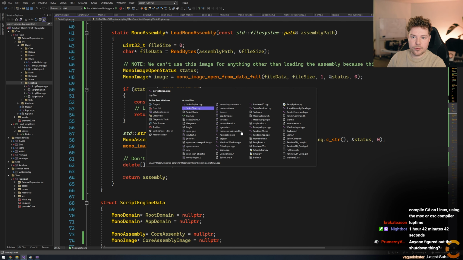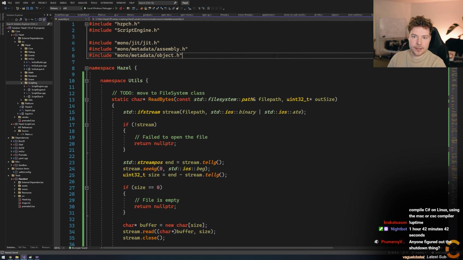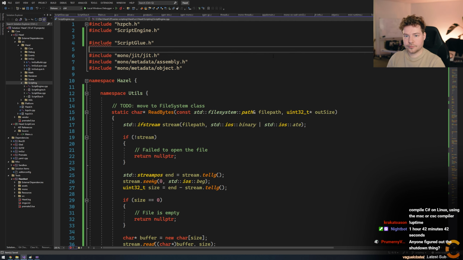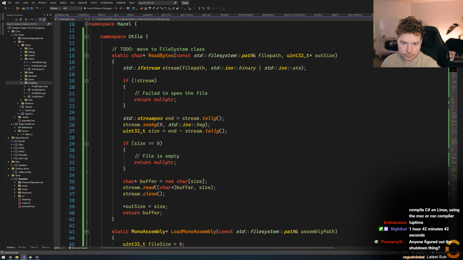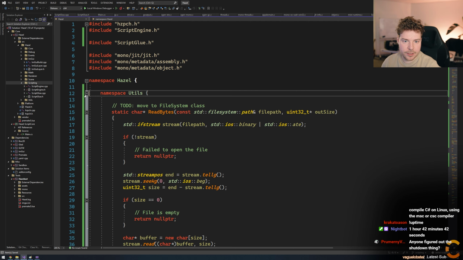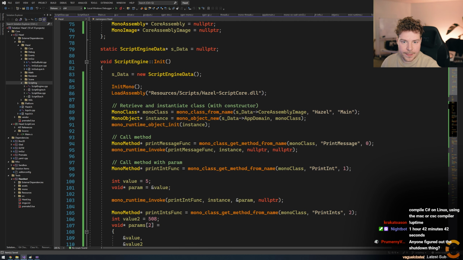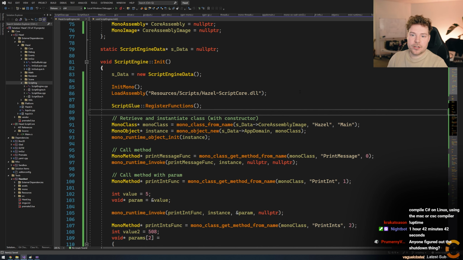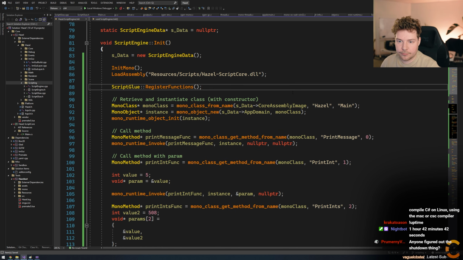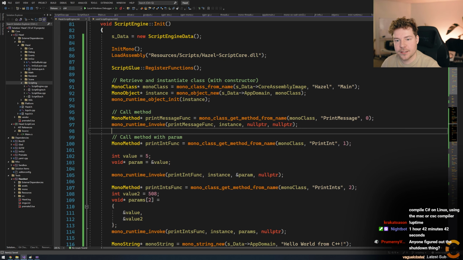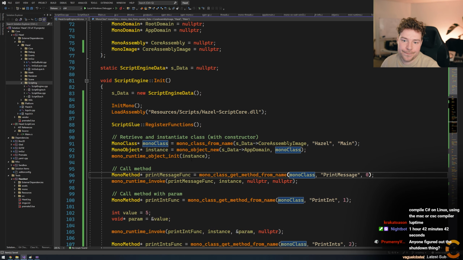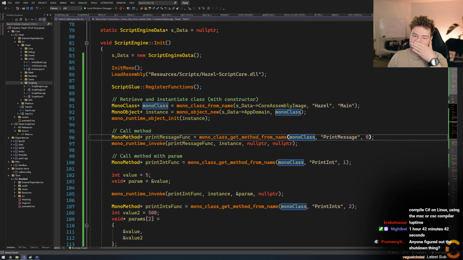But let's include inside here, let's include script glue. And I just collapse these utilities. And then we'll do register functions like that. And then obviously this stuff is us invoking stuff. Otherwise we invoke other stuff. So how are we going to split this up?